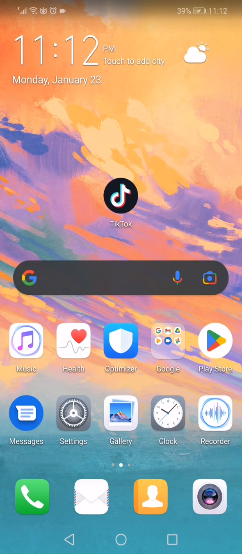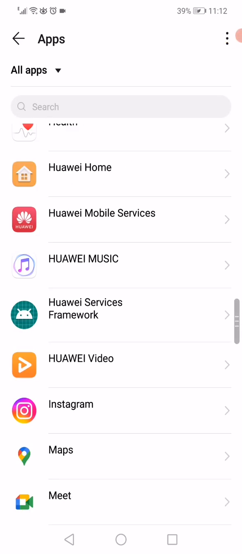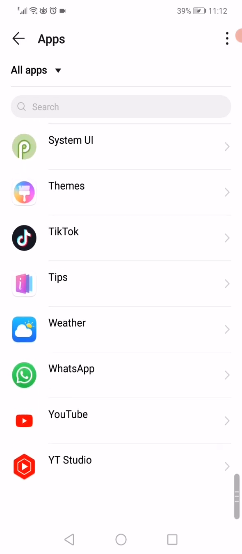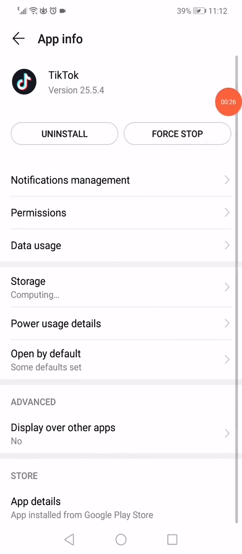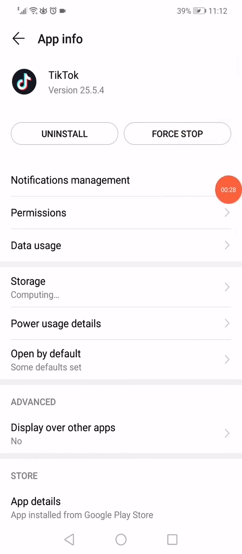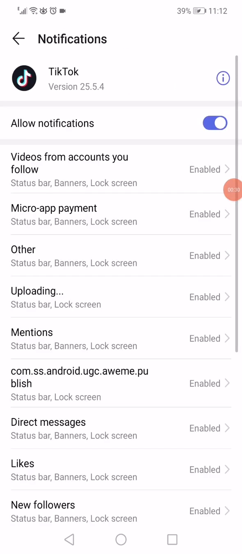First thing guys, open the settings and then go to the apps manager. When you open the apps you will find all the apps that you have on your phone. What you wanna do is scroll until you find TikTok, and when you find it, click on it like this. Click on this option to stop the app, and then go to the notifications, disable the notifications and